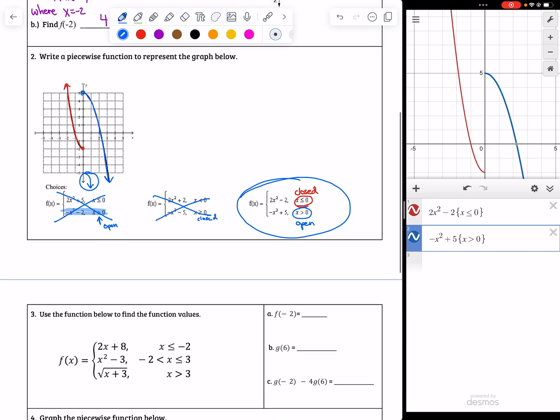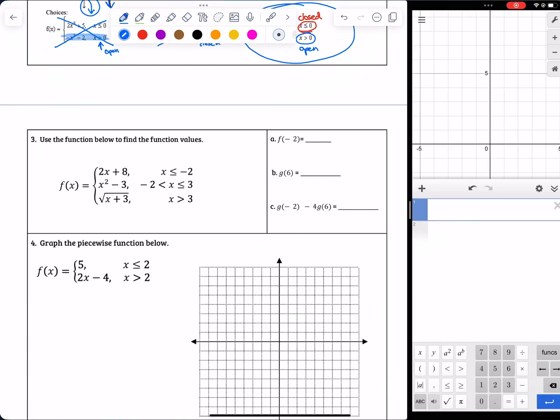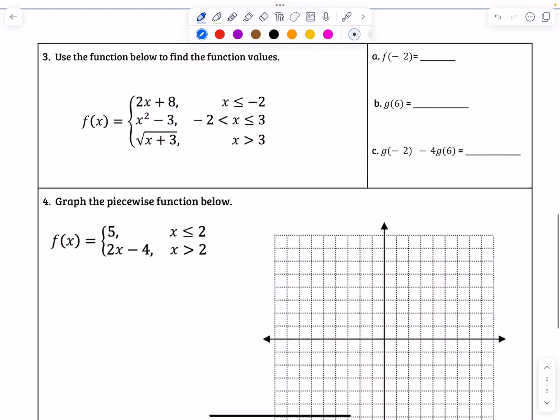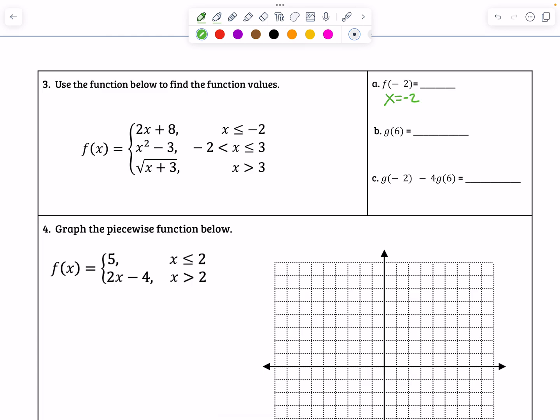Okay, so let's look at number 3. We want to use the function below to find the function values. So you can solve this with a graph, or you can just plug them in. First, I'm going to start by plugging them in, and then we can look at the graph and check our answers. So if I want to plug in x equals -2 into this function, I want to see where would